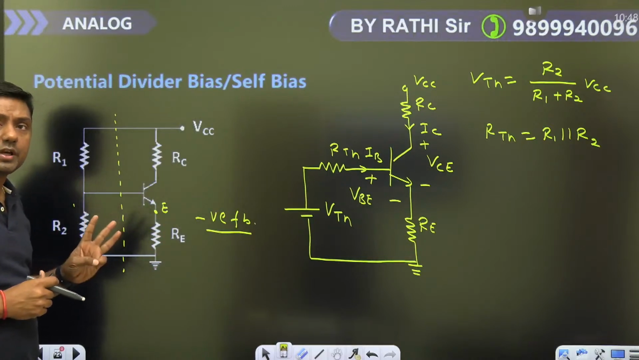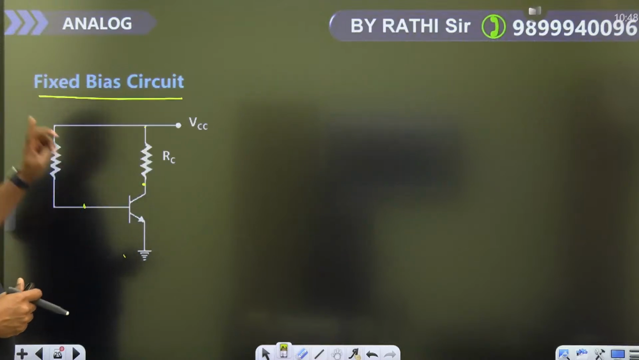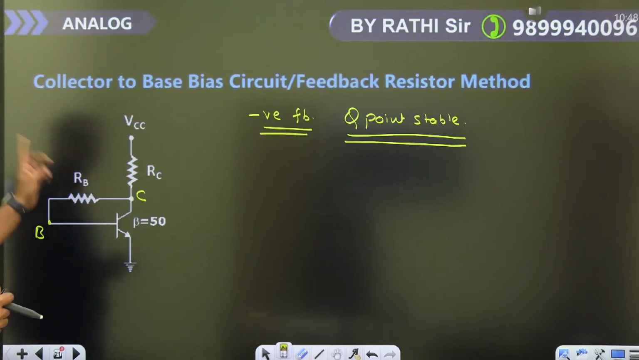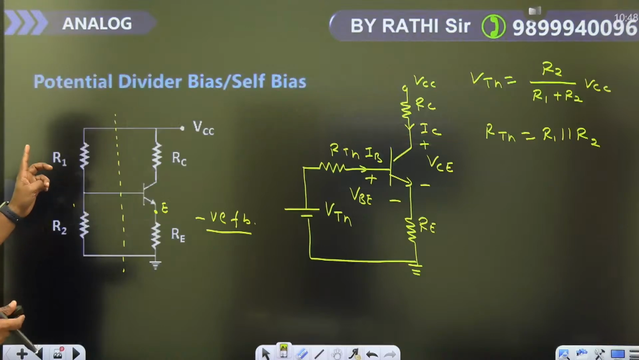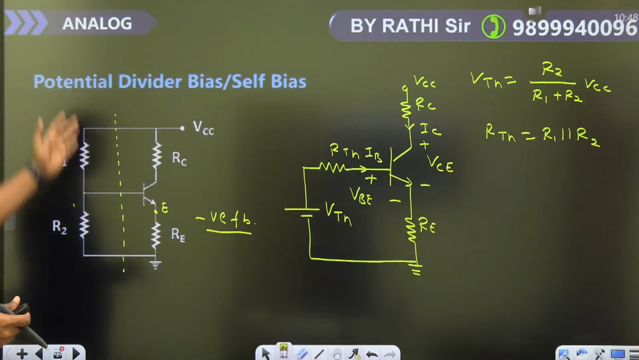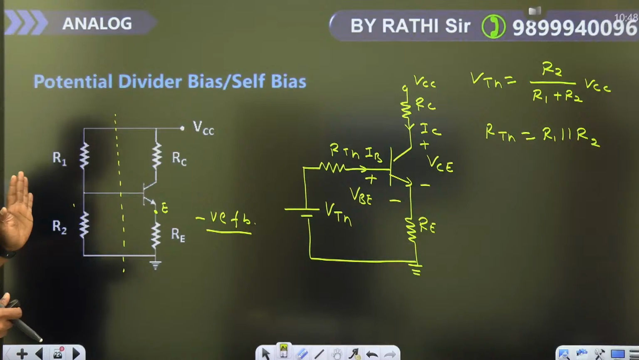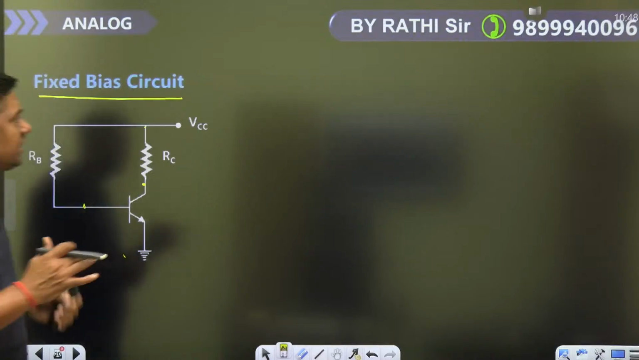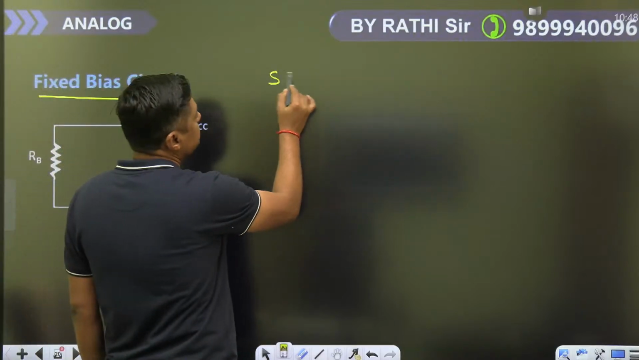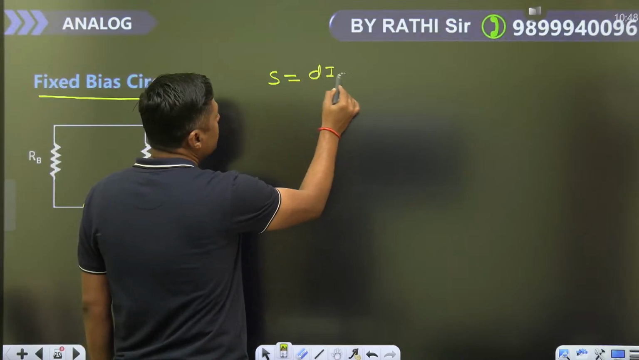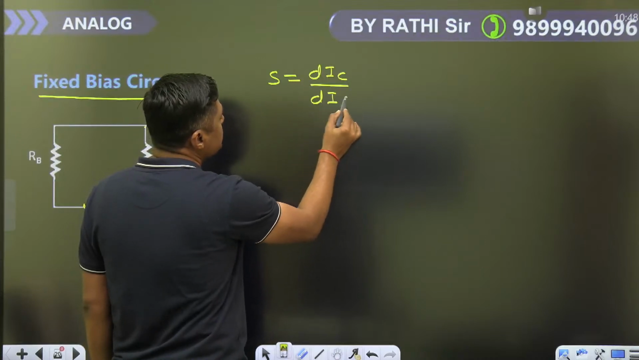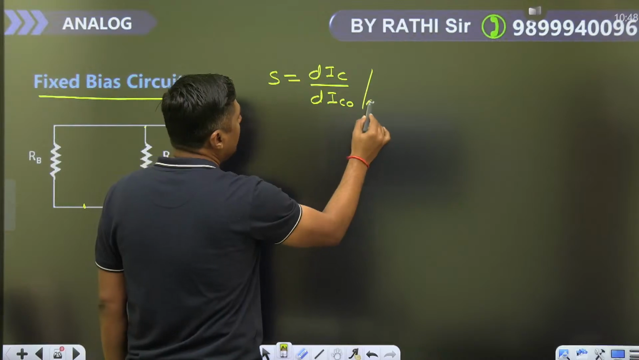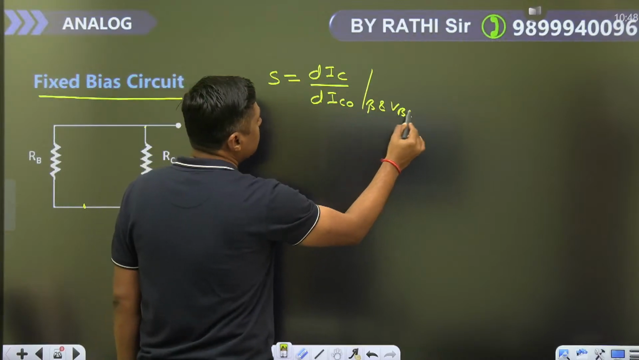अब मैंने तीन आपको सर्किट बताए, फिक्स्ड बायस सर्किट, कलेक्टर टू बेस बायस सर्किट एंड व्हाट सेल्फ बायस सर्किट और पोटेंशियल डिवाइडर बायस सर्किट। नाउ जो स्टेबिलिटी फैक्टर है S, that is the change in IC because of the change in ICO, but beta and VB kept constant।